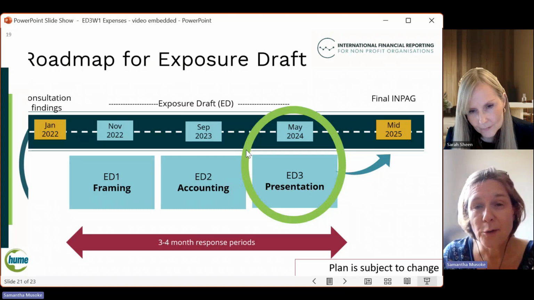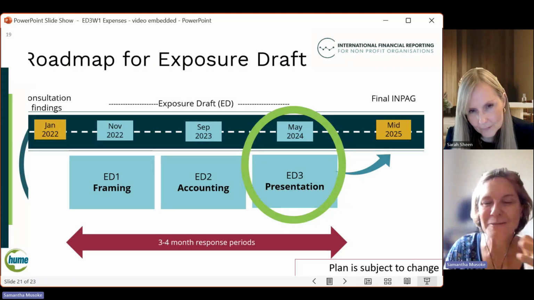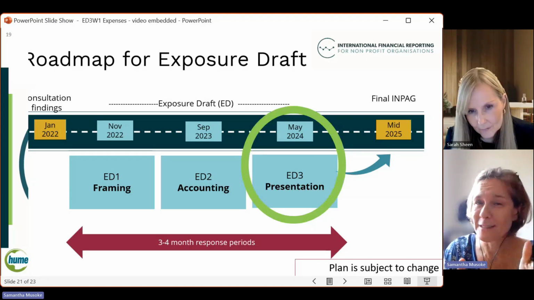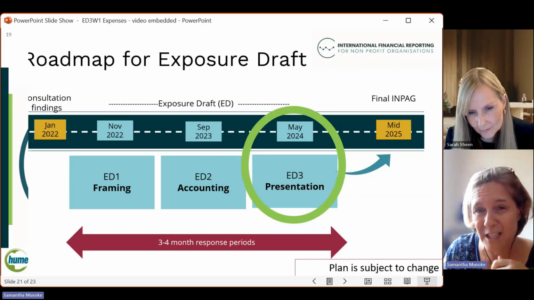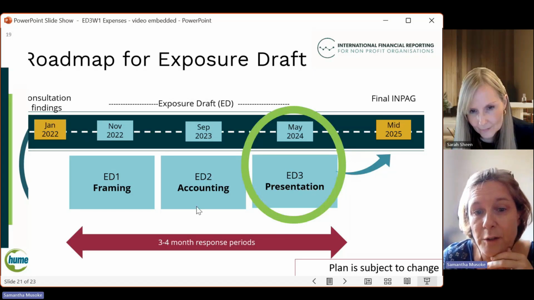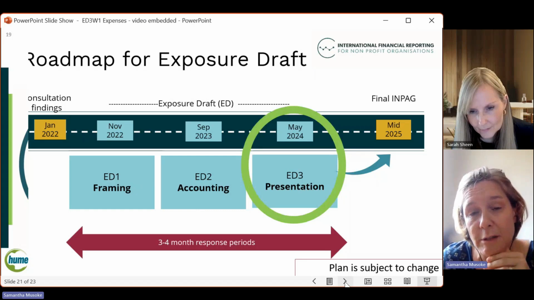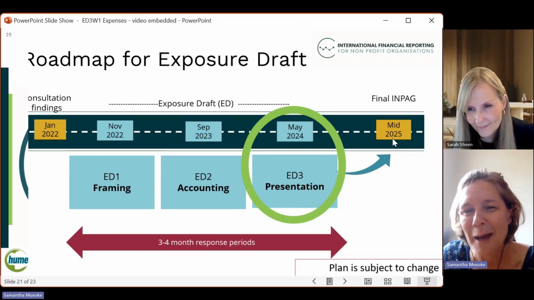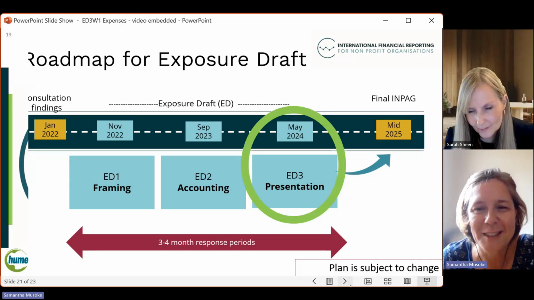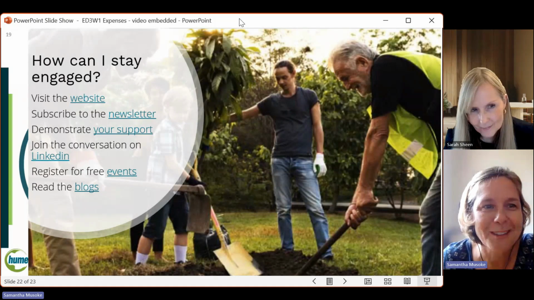Now, what happens to all your responses? They don't just go into a black box. We analyze them. We discuss them, debate them. We will be putting things to focus groups that we've recently set up. We're going to go to the practitioner advisory group and the technical advisory group to hone and consider. All those meetings, not the focus groups, but the advisory groups, are public, and you can see what happens with those. We will be publishing INPAG next year. I will say mid-year. I won't put a date on it, but that is very much the plan. It does rather depend on the complexity of the responses.